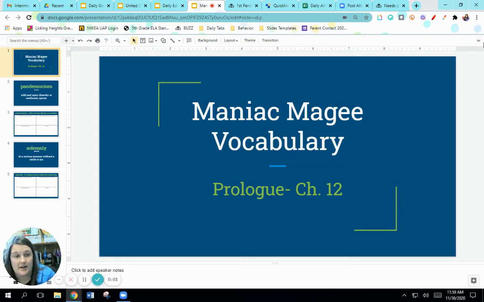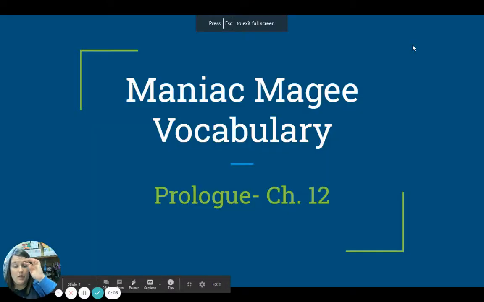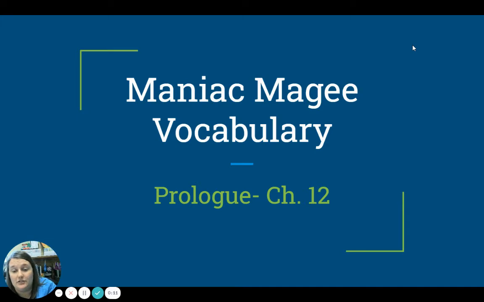Hi guys, I just wanted to share some better directions for this vocab stuff. We worked out the kinks in my first period class, so here are some better directions. So let's just go over the vocabulary words that you need to know for this week. I'm going to go over the definition, give you some examples, and then I'm going to show you how to do